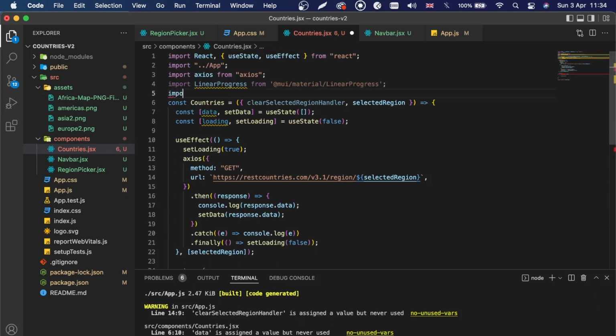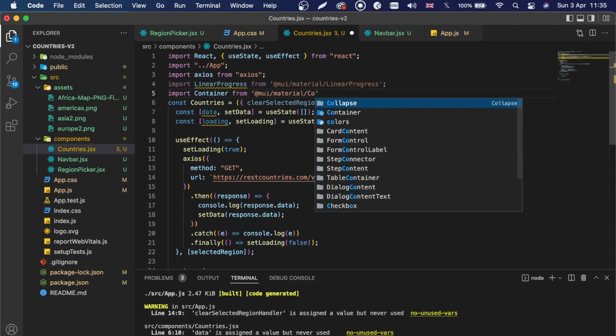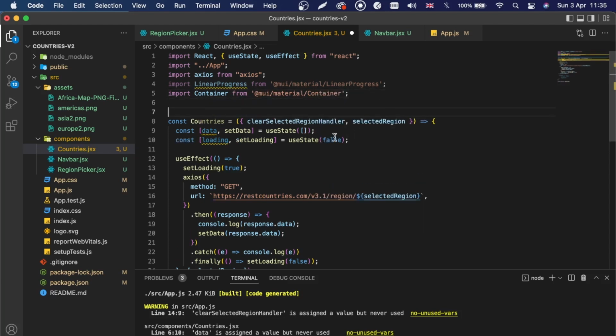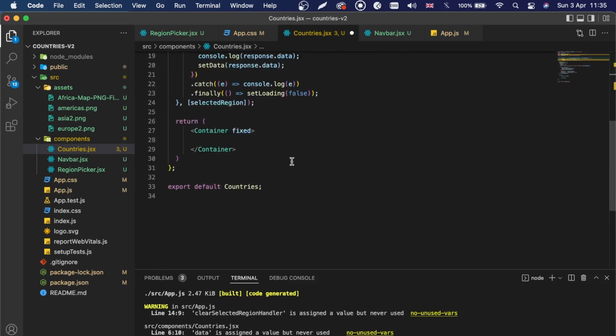So import container from MUI material container. And inside this container, we will perform a check. I'm gonna open curly braces and I'm gonna say, if it's loading, then what I want,